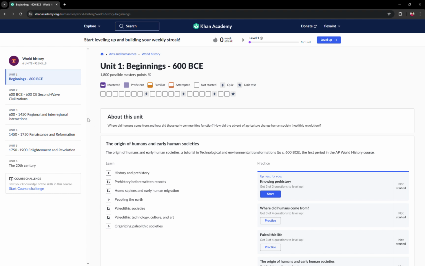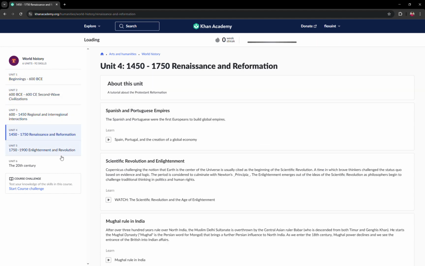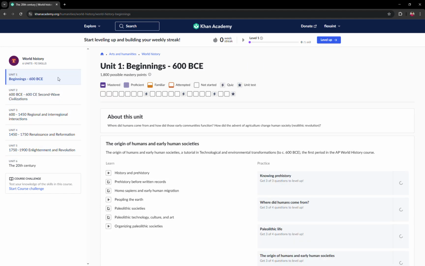Each course is structured into units and each unit contains multiple lessons as you can see here. So for world history, we have 6 units: 1, 2, 3, 4, 5, and 6.